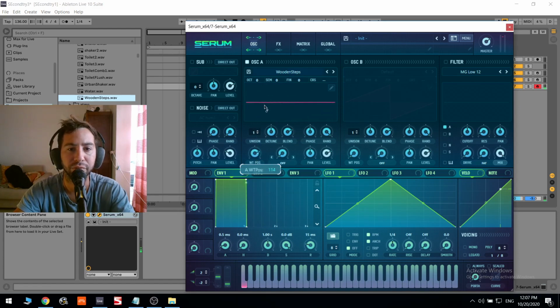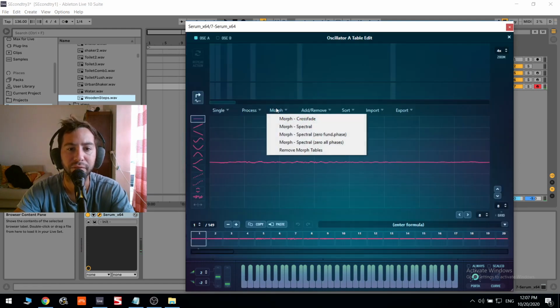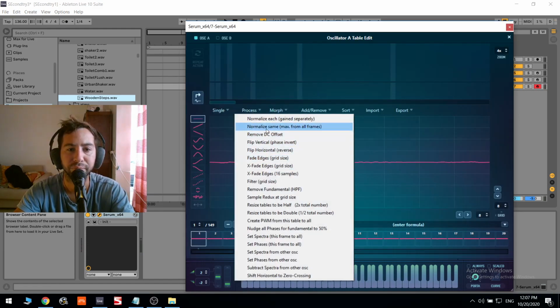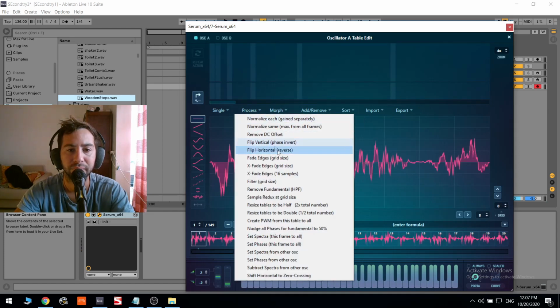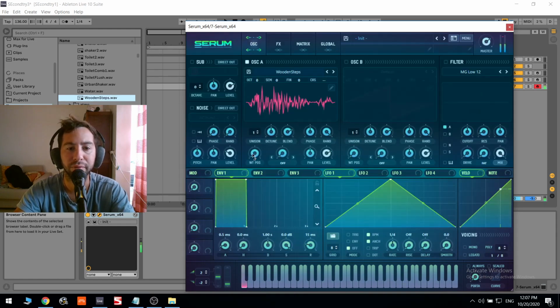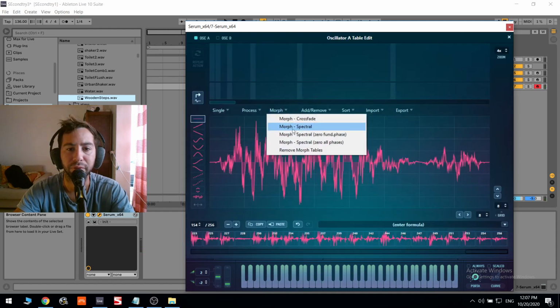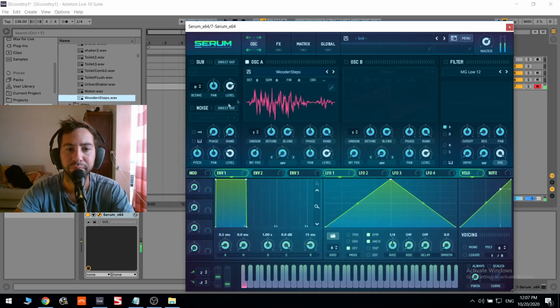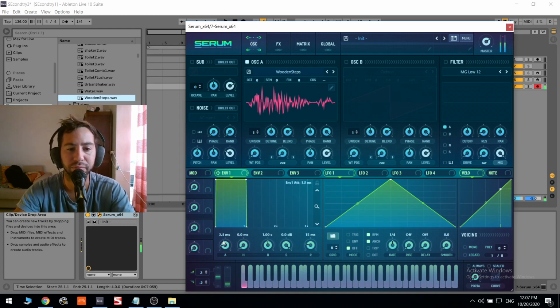So there's a bunch of sounds here. Let's normalize it first. Now let's crossfade them so it's more smooth. It's maybe even spectral. So first of all,